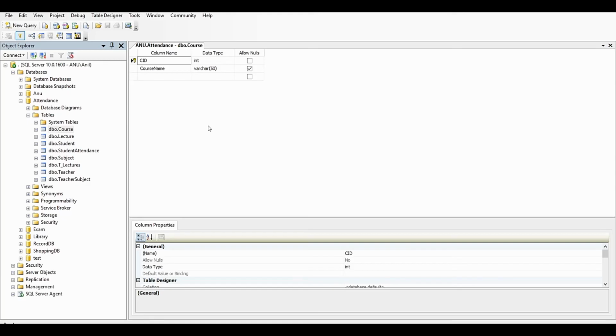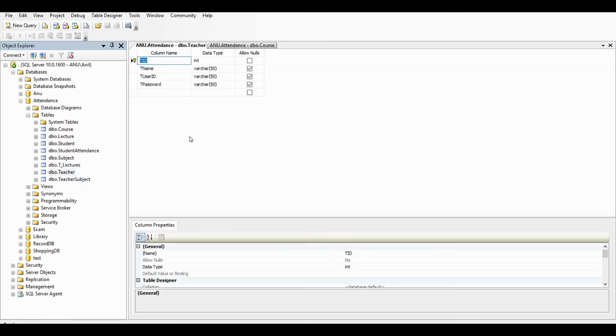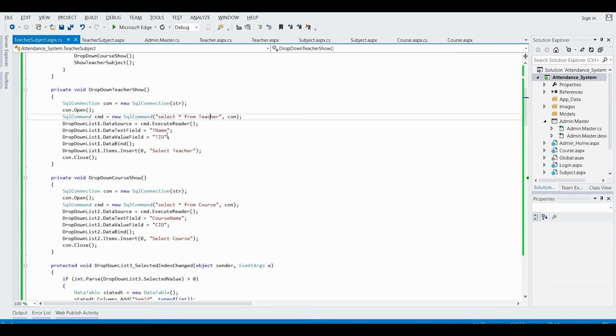And same for the teacher table. In the teacher table, teacher ID, TID, and teacher name, T name, that is what we have given here.